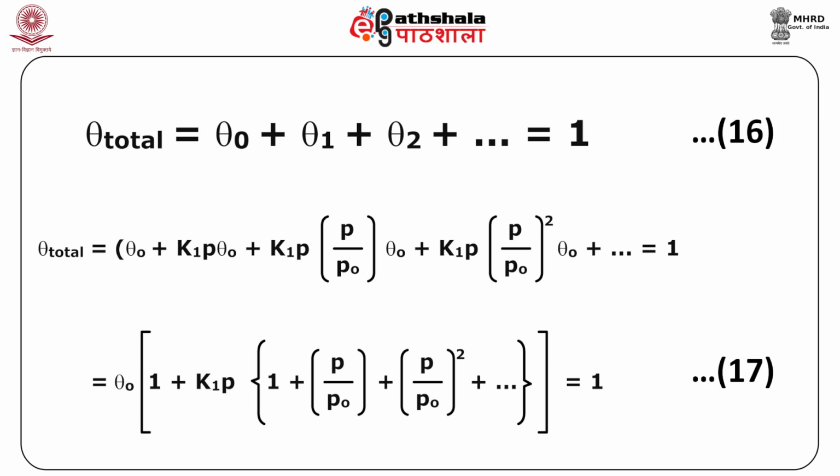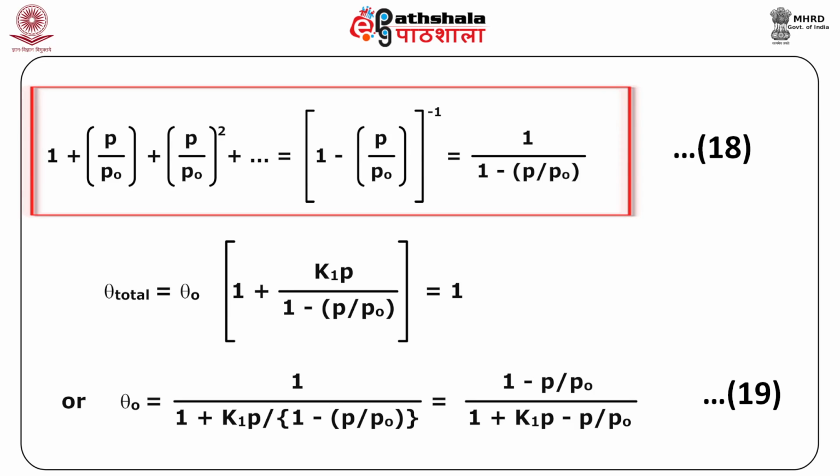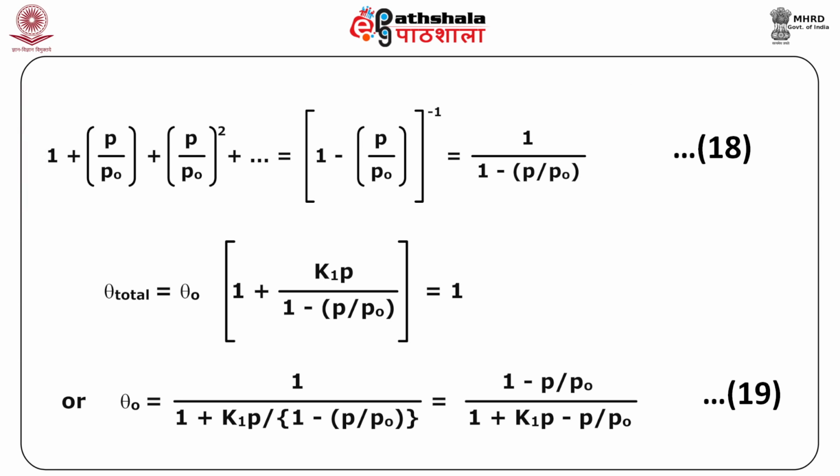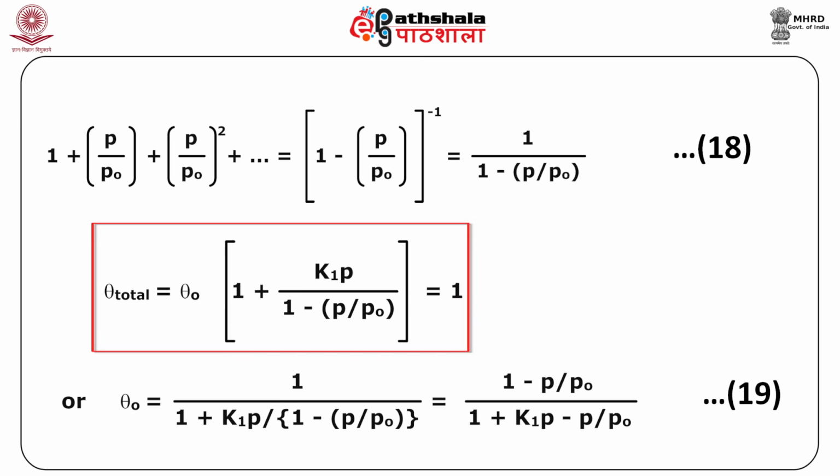Since P by P naught is less than or equal to 1, the expression within the curly brackets of equation 17 can be written as 1 plus P by P naught plus (P by P naught) squared plus so on, equals 1 minus P by P naught raised to the power minus 1, equals 1 upon 1 minus P by P naught, as shown in equation 18. Substituting equation 18 in equation 17, we get theta total is equal to theta naught into